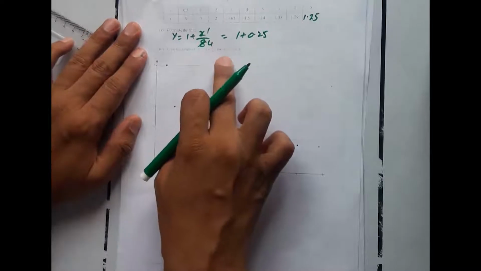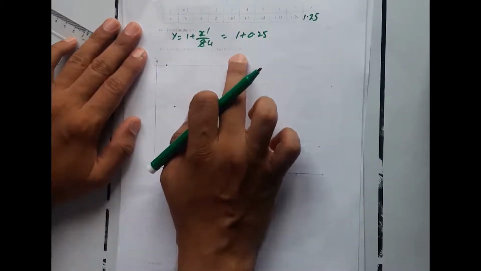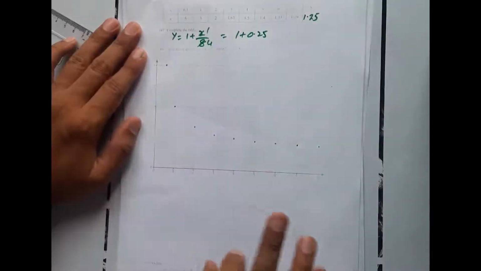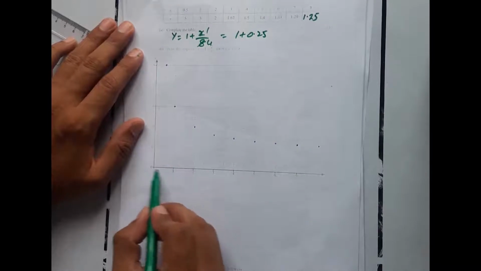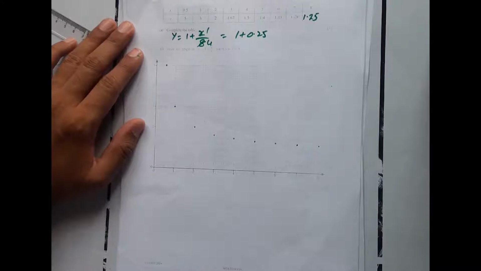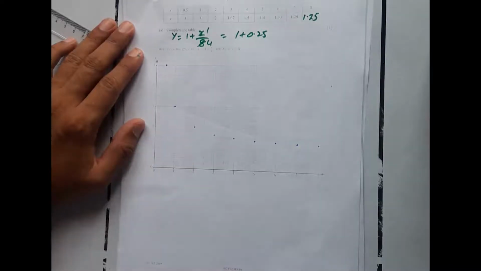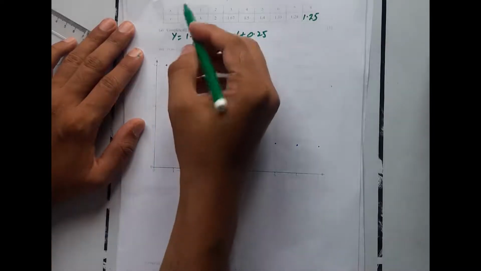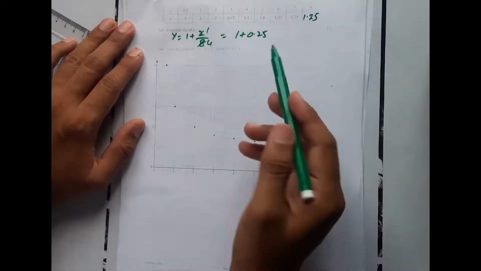Then draw the graph of these values, x greater than or equal to 0.5 and less than or equal to 8. We have these values already in the table. We just have to plot them. Okay. We have 10 boxes representing 1. It means one box represents 0.1. I already told you about the method of how you can find the boxes. So we have 10 boxes representing 1. It means one box represents 0.1. So I have placed these points on my graph.